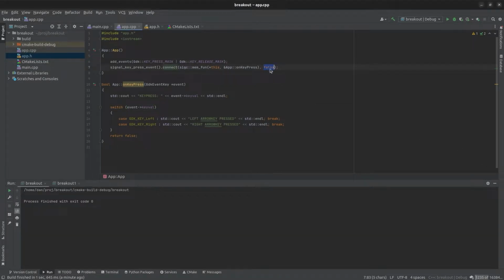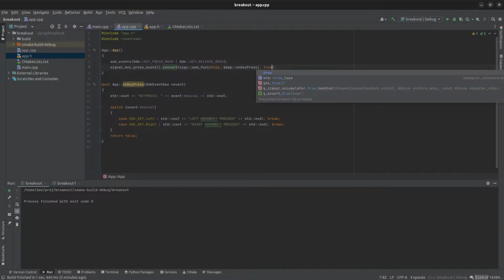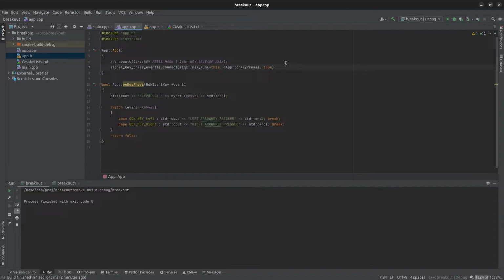Now let's talk about this false here. What this means is whether it's going to call our event handler after the existing event handler. It turns out our window already has an event handler that handles keyboard presses. So when you press a key, it goes to that handler first by default. And if that key press gets handled by that event, it doesn't call any more functions. So if we change this to true, which is the default, by the way, or we can just leave it out and it'll default to true,